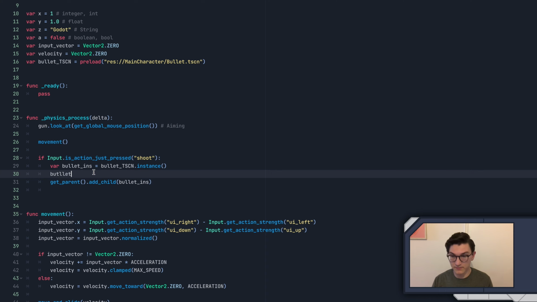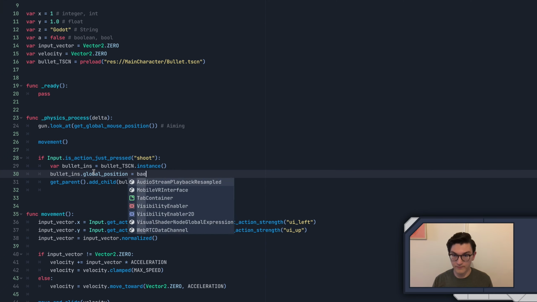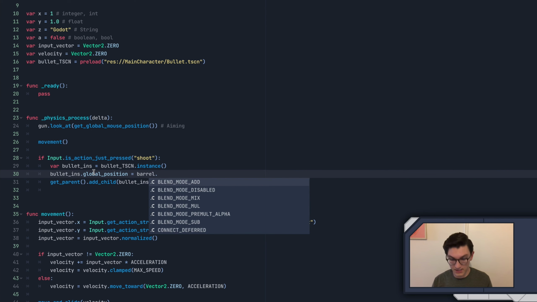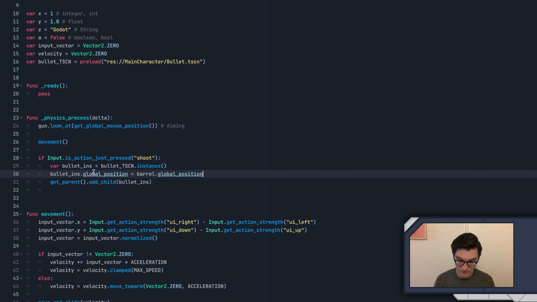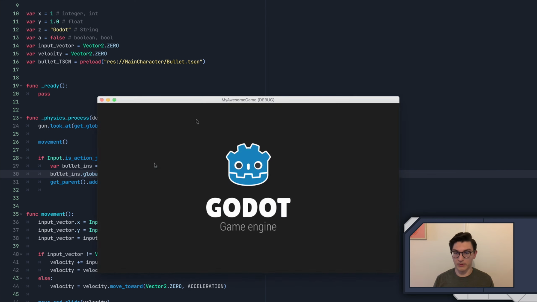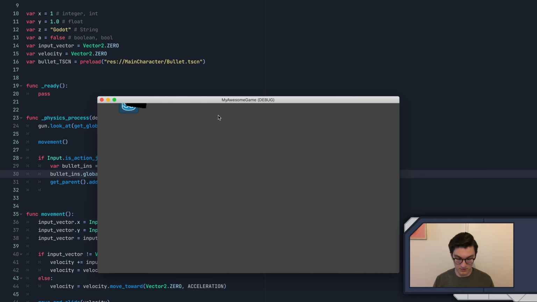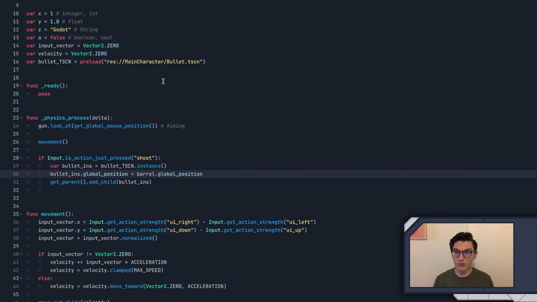So say bullet instance dot global position equals barrel dot global position. Okay, and now if we run around, you can see, oh yeah, I forgot I broke the WASD keys. You can see that it shoots from the tip of the barrel. But of course, now the problem is that it is going just straight, because that's what we've programmed the bullet